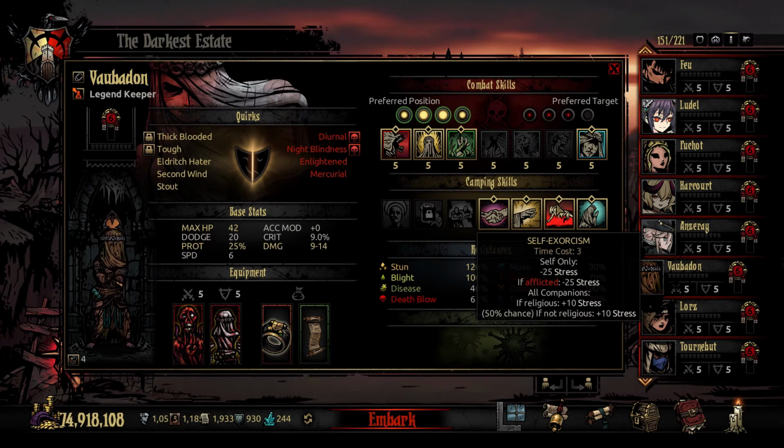Self-Exorcism is a time cost 3 where she can stress heal herself for negative 25 stress. If inflicted, negative 25 stress plus. It gets added on. All companions, however, if a religious character is in your party, they'll get inflicted with a plus 10 stress, and if your companion is not religious, they may have a 50-50 chance of not getting plus 10 stress. Now, when she gets inflicted, and trust me, when you use the keeper, she will get inflicted,